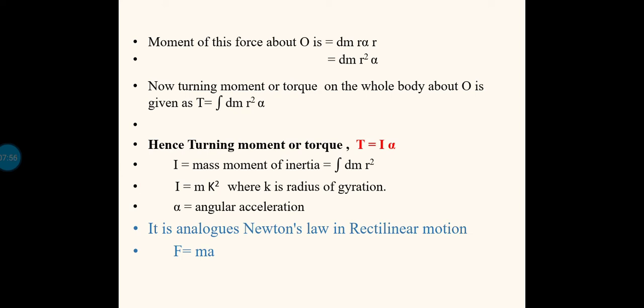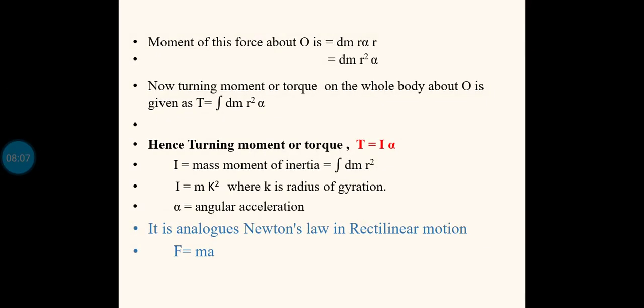The force in rectilinear motion is analogous to torque in rotary motion, and instead of mass we will be using a new term, that is the mass moment of inertia I. And from the definition we have I is equal to mk square. This equation we have already studied, where k is the radius of gyration. For various solids we will have different equations to calculate the radius of gyration or mass moment of inertia. For example, in the case of a disc or thin cylinder, the equation to calculate the mass moment of inertia I is m into r square by 2.